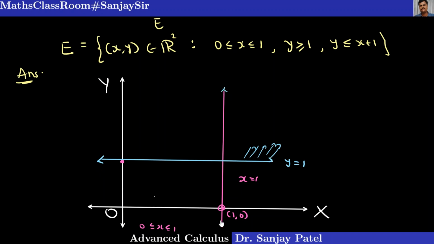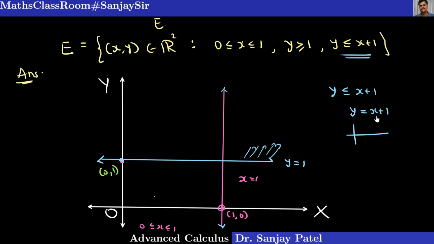So these are all straight lines, remember. And the third thing is y also remains less than or equal to x plus 1. In such a case, how to determine which side of the region you should take? Y is less than or equal to x plus 1. So first you draw the straight line y is equal to x plus 1. We know this line, for x equal to 0 this point is 0 comma 1.